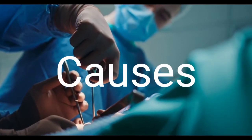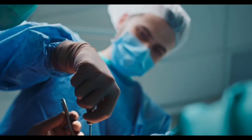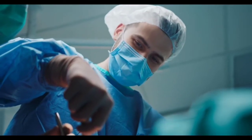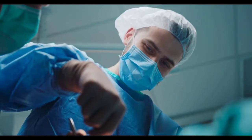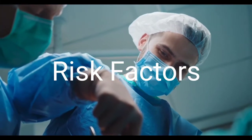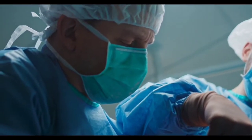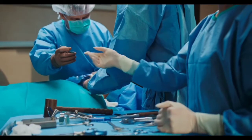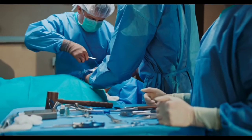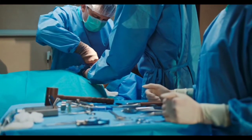Causes: Hepatitis C infection is caused by the Hepatitis C virus, also known as HCV. HCV is spread when you come in contact with blood contaminated with the virus. Risk factors: your risk of Hepatitis C infection is increased if you are a healthcare worker who has been exposed to infected blood, such as may happen if an infected needle pierces your skin, have ever injected or inhaled illicit